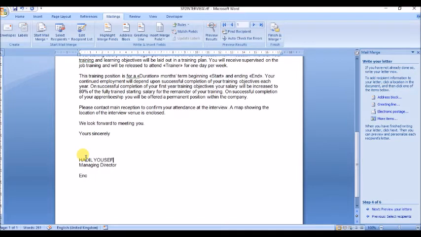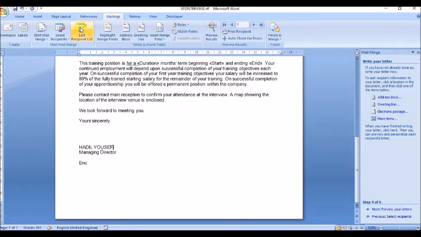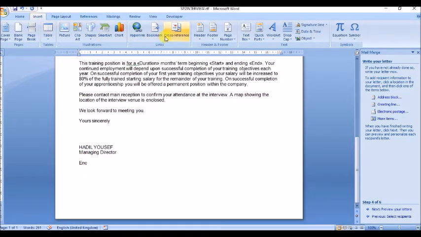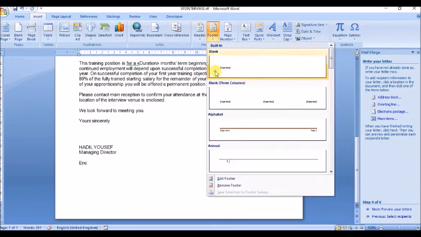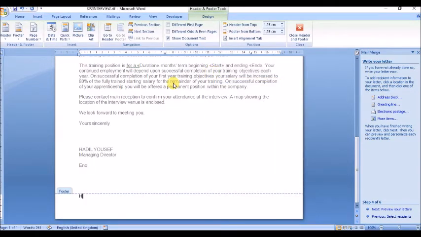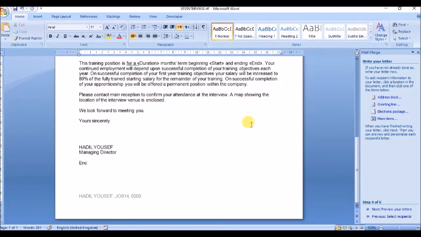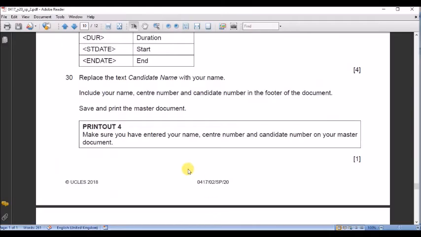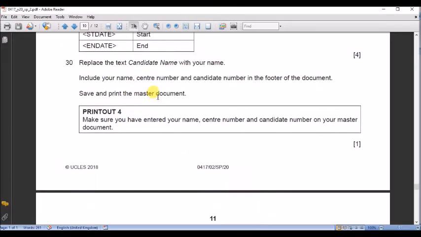Sometimes they ask you to put here your name and in the footer just your center number, candidate number. So I just stick to the instructions, comma space, JO014, comma space, my candidate number, close the footer, and save and print your master document in the print out